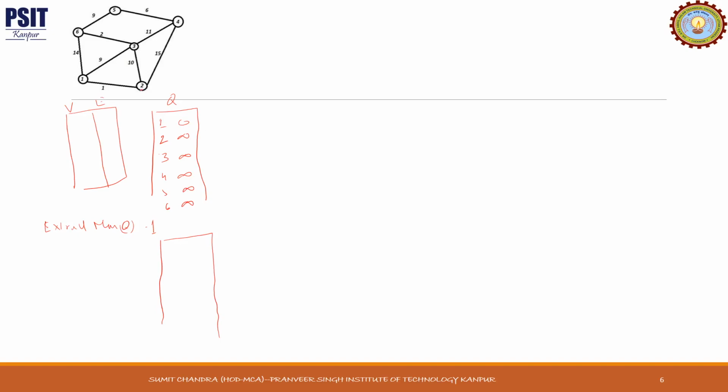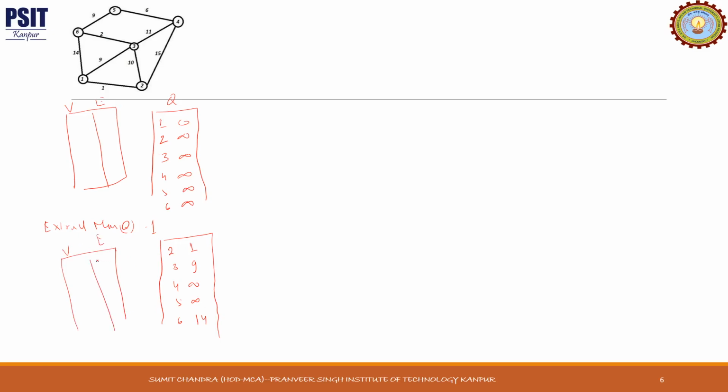The neighbors of 1 are 2 with weight 1, 3 with weight 9, and 6 with weight 14. So first we'll check for 2. The neighbor of vertex 1 is 2 with weight 1. We compare whether 1 is less than the already stored weight. Here infinity is stored, 1 is obviously less, so we'll update it. So 2 will get weight 1. Now 3: 9 is also less than infinity, so it will get weight 9. 4 is not a neighbor, 5 is not a neighbor, 6 will get weight 14, and accordingly we'll update this in the vertex and edge table.